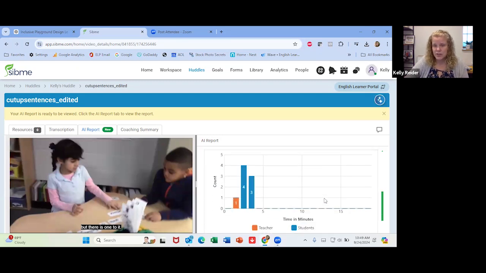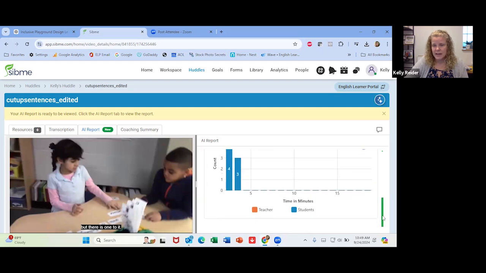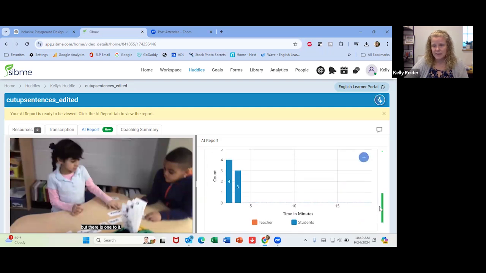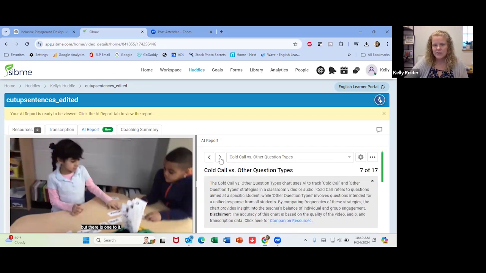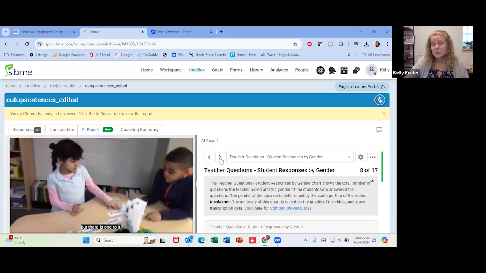Question distribution. So we look at how many times questions were asked by the teacher and by the student. And I love, again, that engaging classroom, that the students are asking more of the questions here. What kinds of questions are being asked? Teacher questions, student response by gender.